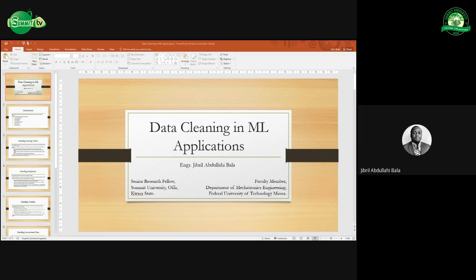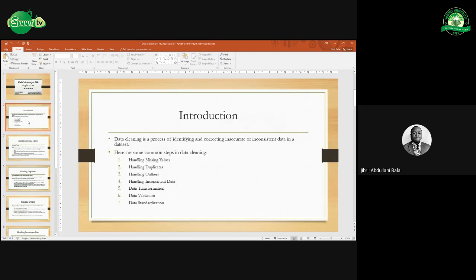We'll just look at data cleaning in Python briefly before we go into the hands-on, so that in the hands-on, we will look at a few of these operations. So mainly, if you are talking about data cleaning, you are talking about identifying and correcting inaccurate or inconsistent data in